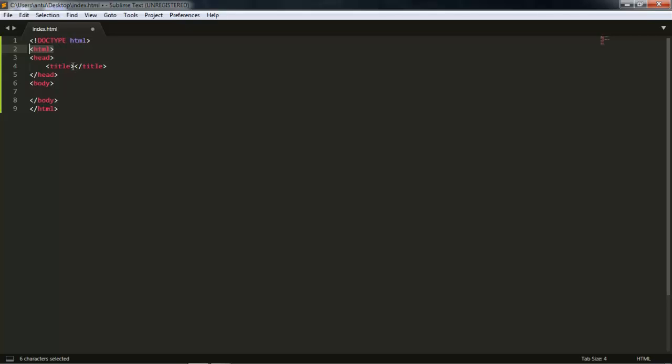Then we have the header tag or the head tag. A head tag is used to display the things that will be displayed on the title bar. It contains meta information. So we have the title tag here that will be shown in our title bar. Then we have the body tag here. The body tag is the most important part because everything that will be displayed on the web page will be